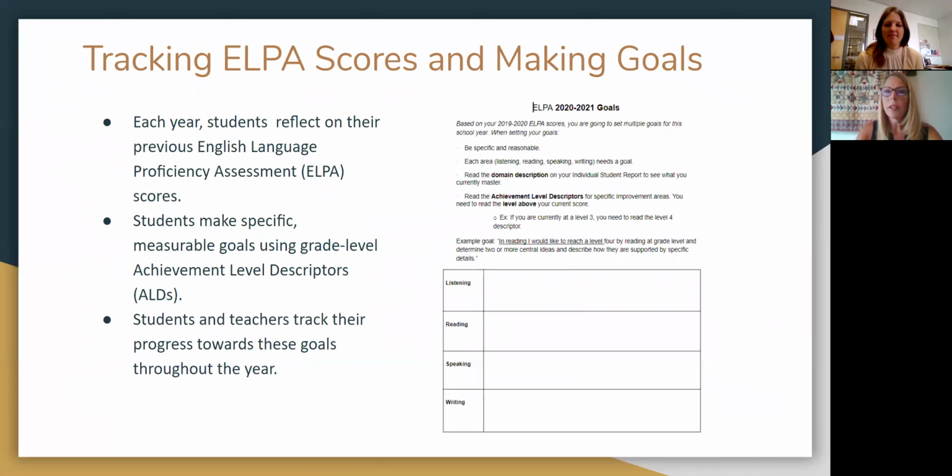Okay, so we're gonna provide you with just a little short snippet of the types of assessments that are included in this portfolio. So we start off, and of course, we're going to take a look at their ELPA scores, but there are a chunk of assessments that deal with students looking at where they're at and setting goals. So, yes, we'll start the year off with them looking at their ELPA scores, understanding what it means, and making